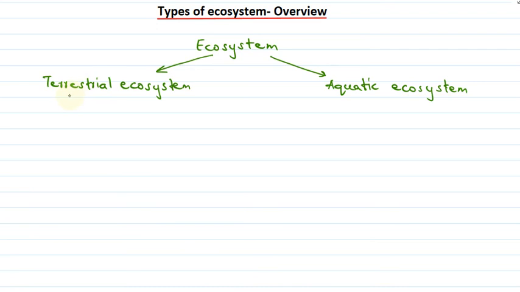So terrestrial ecosystem actually exists on land forms. So all the land forms of ecosystem will be included under terrestrial ecosystem. Whereas in case of aquatic ecosystem, all the water forms of ecosystem will be included in aquatic ecosystem. That is, we can say that aquatic ecosystem exists in water forms. Okay. Now, this terrestrial ecosystem can be further classified as